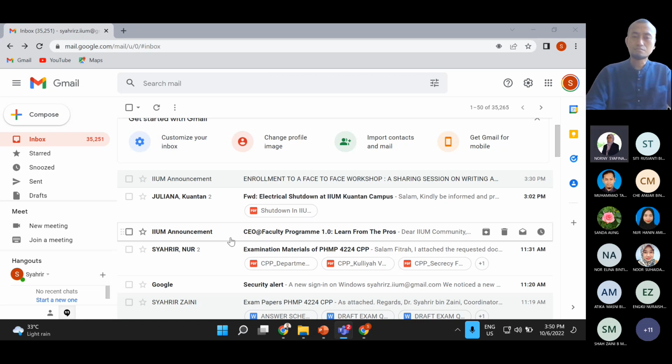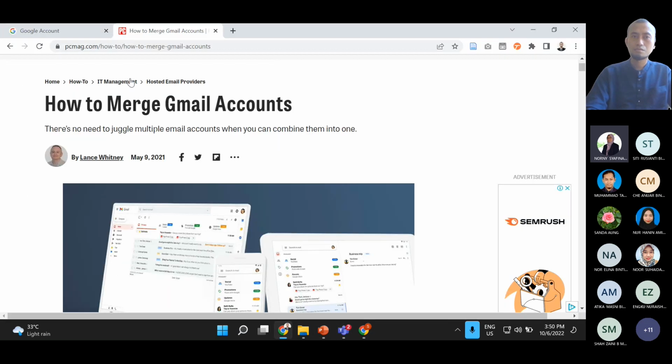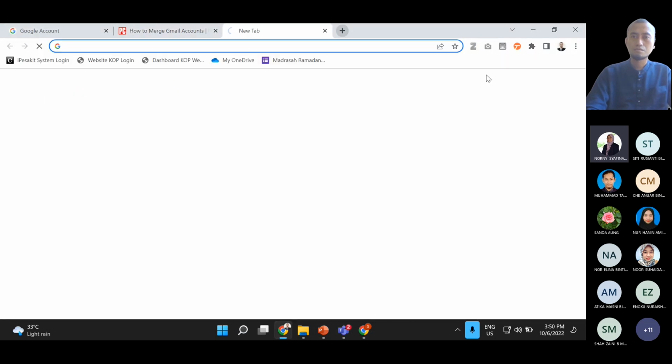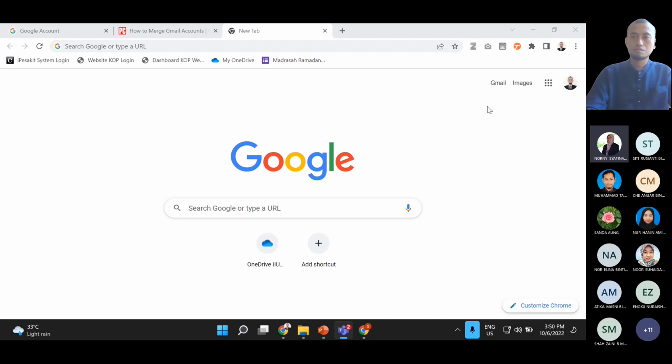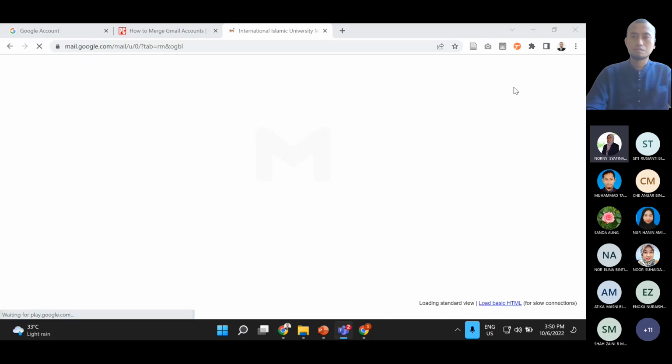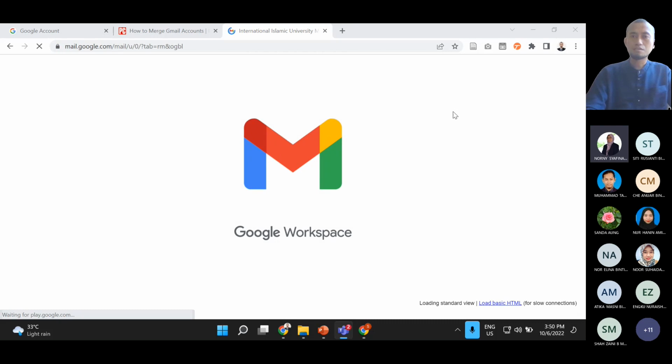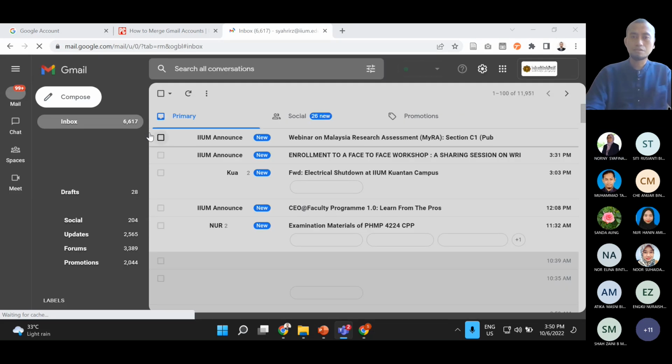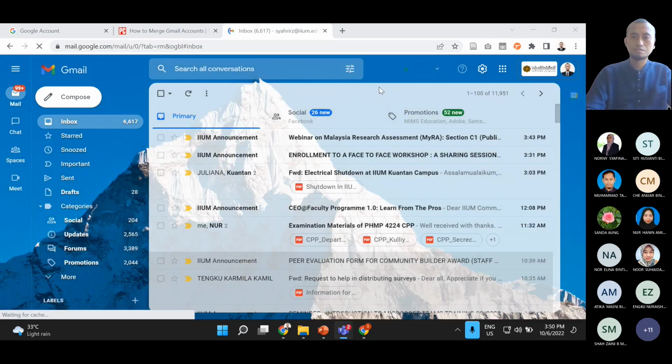I see. So maksudnya bila once dah transfer, dah merge tu, kalau delete yang account lama tu, account Gmail UIA tu takkan terdelete dalam kita punya account personal lah. Sebab kita tengok yang UIA saya ni 6,617. Announcement first workshop ada. Kalau Gmail yang baru pula,